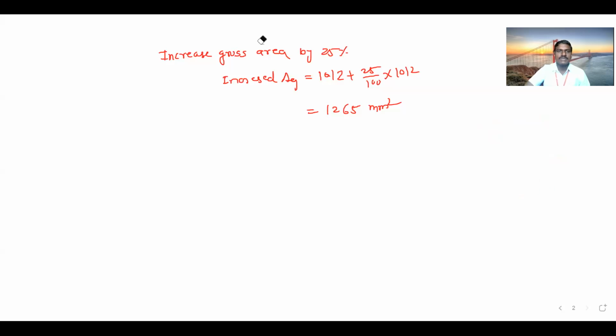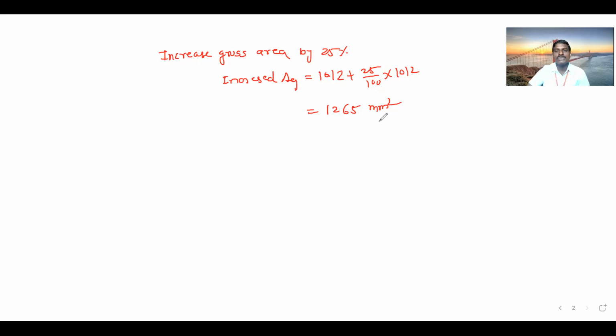So see, tell me, what happened here? Just a minute. Okay. So if we read the problem statement, what have they told us? For this area, we have to take two angle sections. Have you seen? If you read the problem statement, please read. We have to provide two angle sections back to back. Is this written in the problem statement? Yes, sir. Unequal angle sections we have to provide back to back.